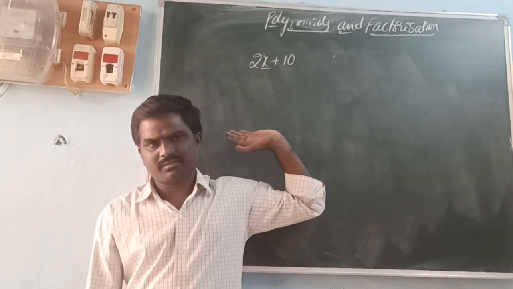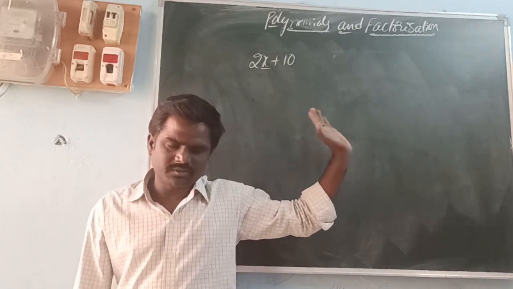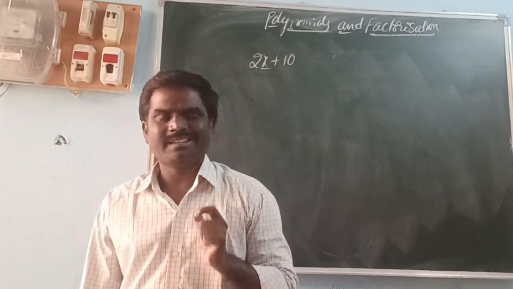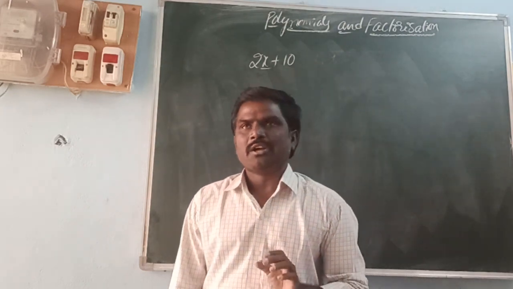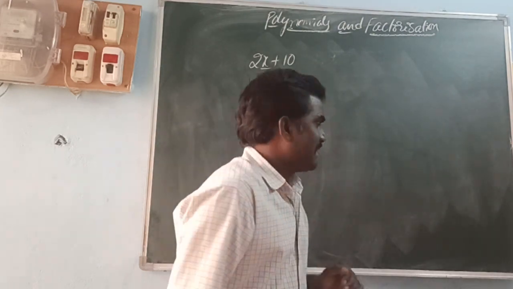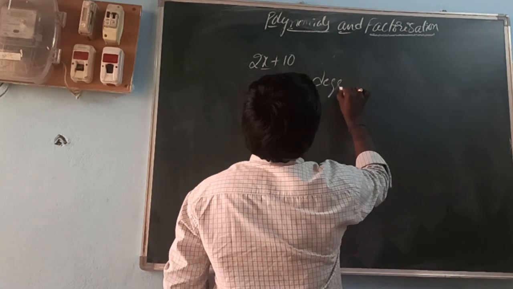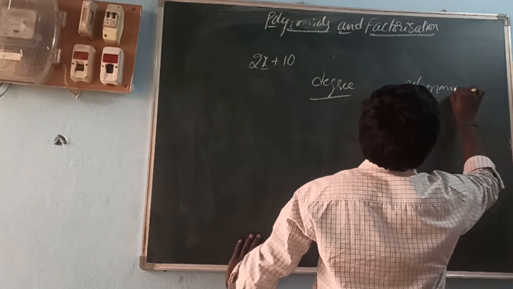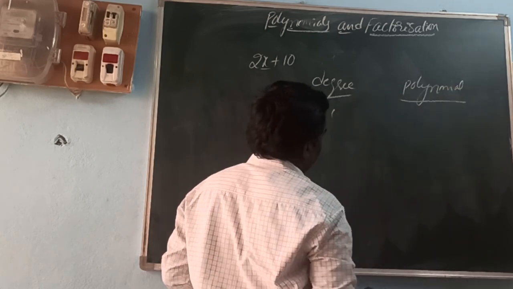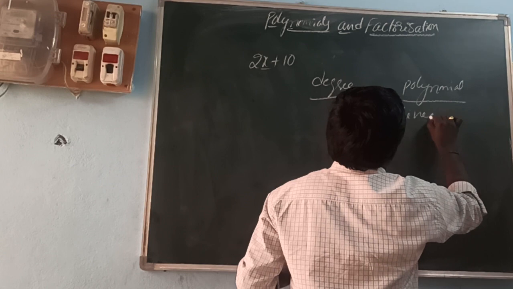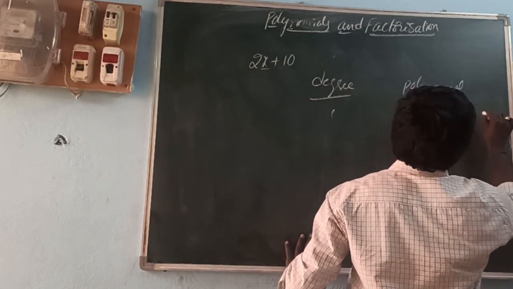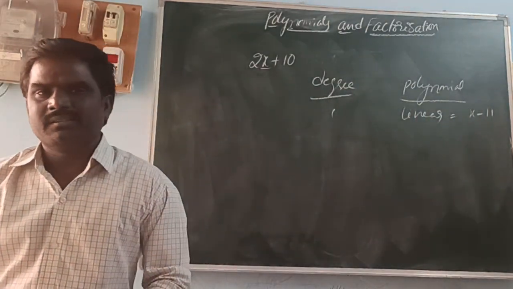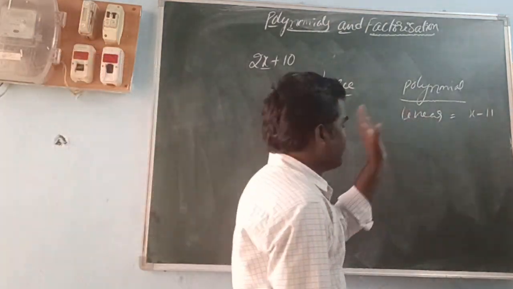Here, types of polynomials. Before we know about the 0 or solution or root or evaluate, before knowing about that, let us look at the types of polynomials, based on degrees. Okay, here if the degree of the polynomial is 1, the type of polynomial is called a linear polynomial. So the example is x minus 11. Okay, the polynomial degree is 1. It is called a linear polynomial.